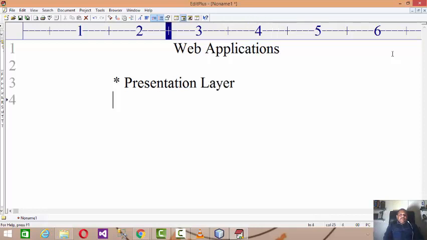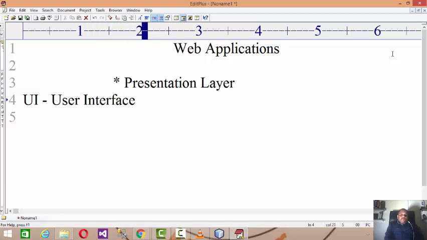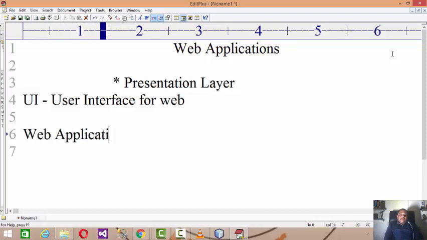Presentation layer means you have to develop the UI, user interface, for the web. As we already understand, web applications have various advantages over desktop applications.